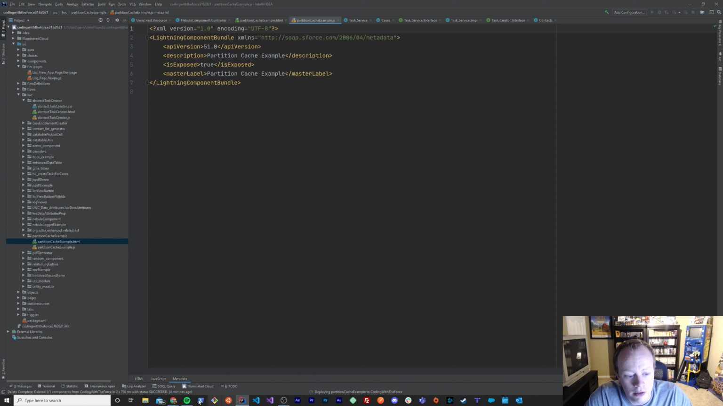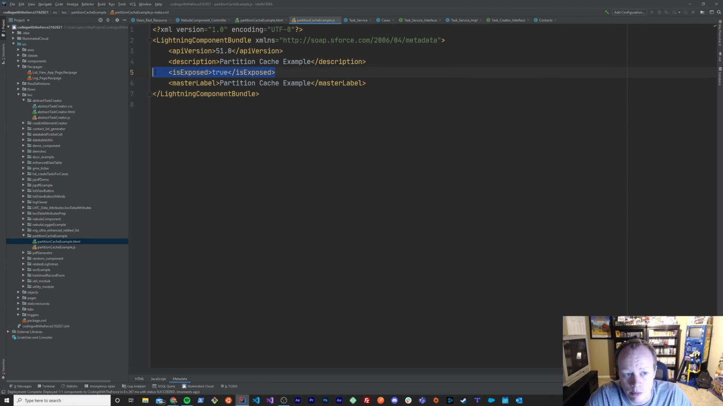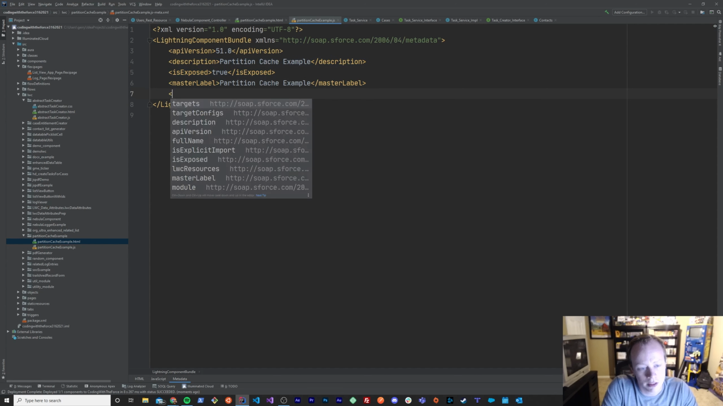If we go over here to the metadata file of your Lightning Web Component, you can see there's this isExposed equal to true up here. You'll just want to add this to your XML if you are in Visual Studio Code. That's what that little checkbox did in IntelliJ for us. The other thing that we're going to want to do is put in